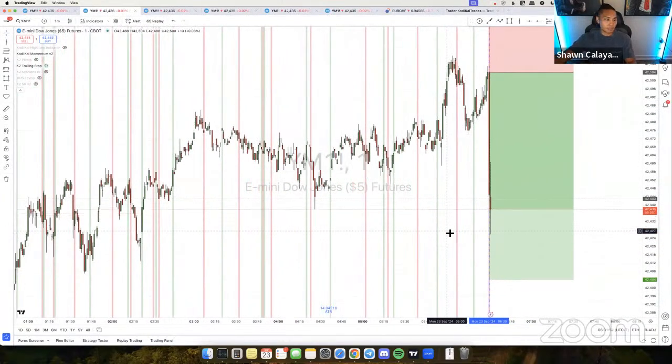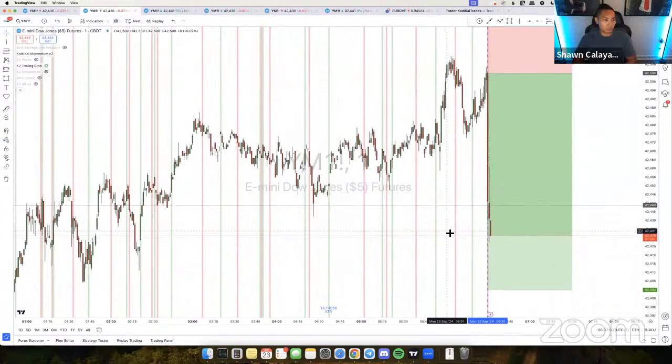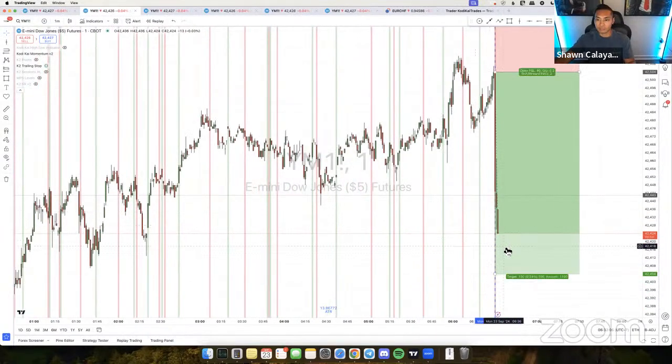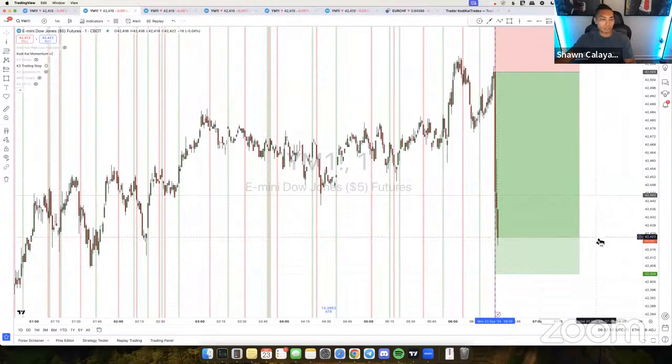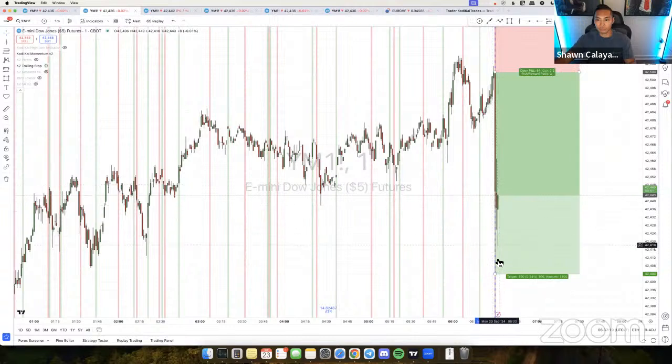But I think I'm just gonna turn off my trailing stop because my trailing stop just threw me off. I thought it hit full TP, but it hit my trailing stop, which was at the 50 point, which is fine. But I wanted to get that full 100 right here. You can see it's just dropping right there to the full TP. It's all good. I'll take it. So if you guys want to move your stop loss and profit, I'm already out, guys. My trailing stop trailed me at the 50 point mark.